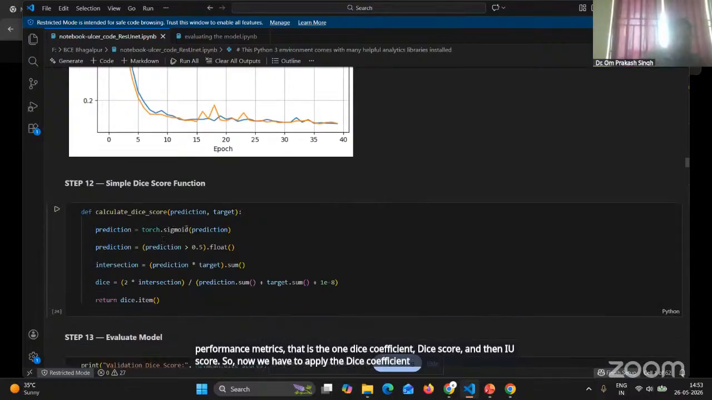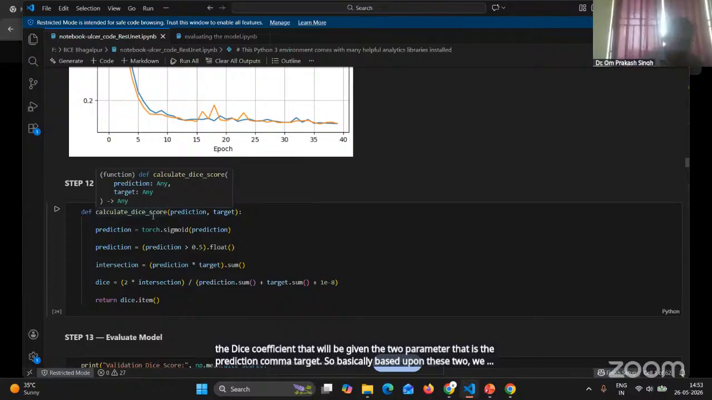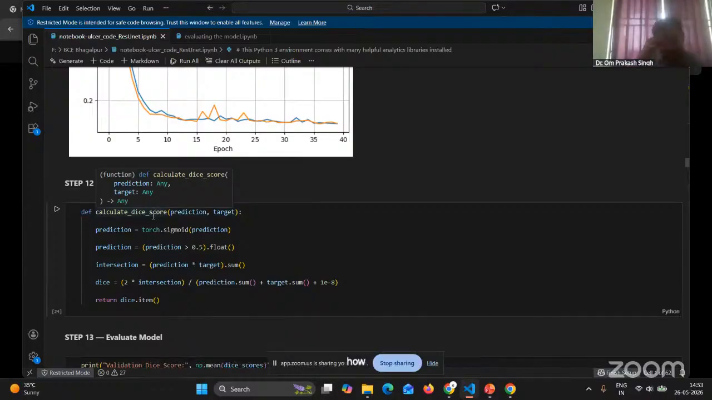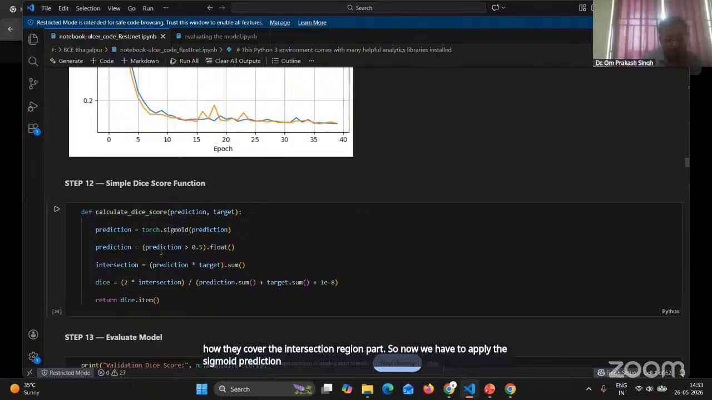So basically, how to evaluate the dice coefficient: it takes two parameters, the prediction and the target. Based upon these two, we identify the dice coefficient, how they cover the intersection region. So now we have to apply the sigmoid to the prediction part, then we perform the prediction,